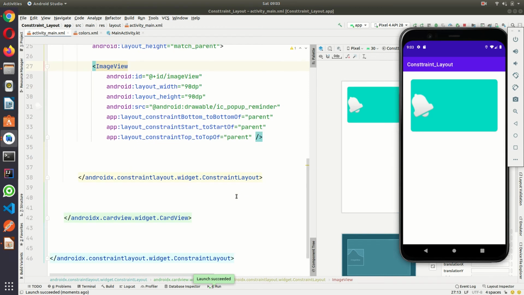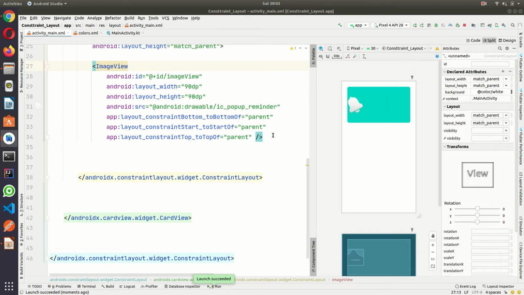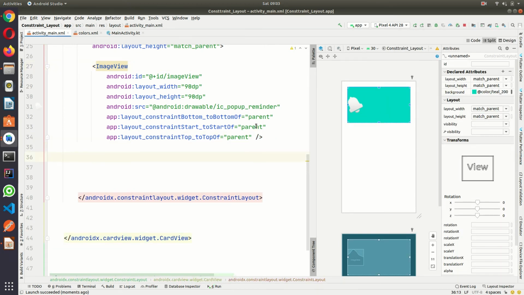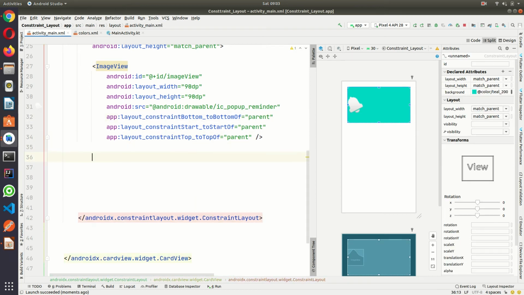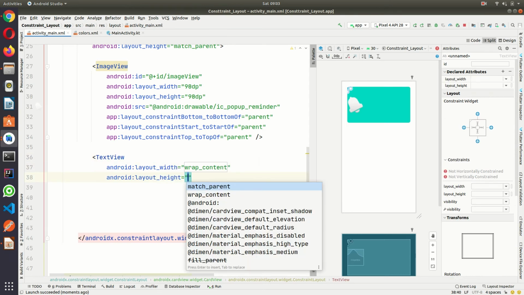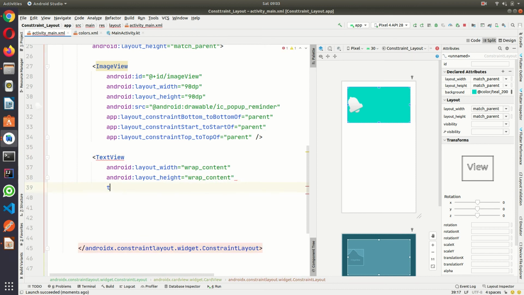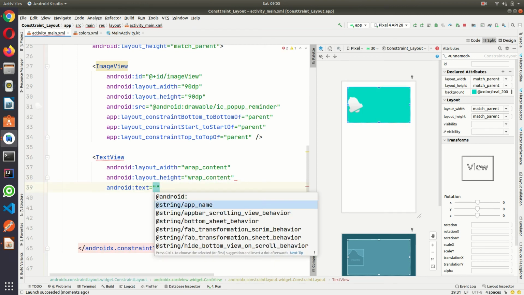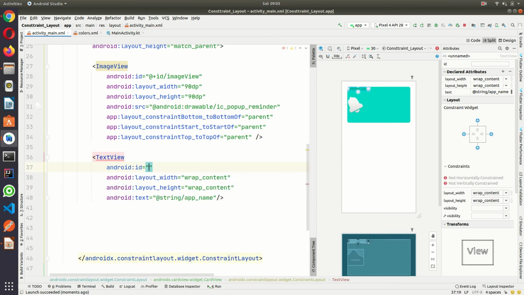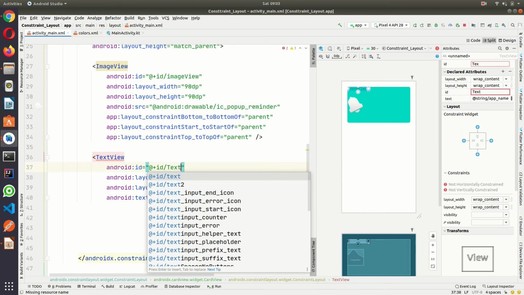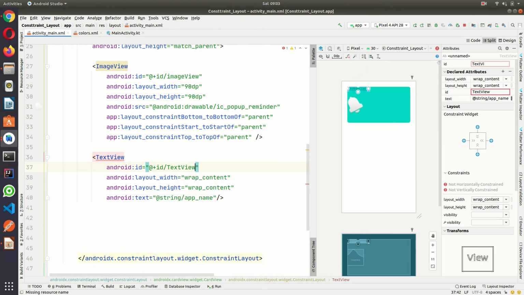Fine. Now I wanted to use some text view here. So I'll create one text view and provide some ID for this text view, name.